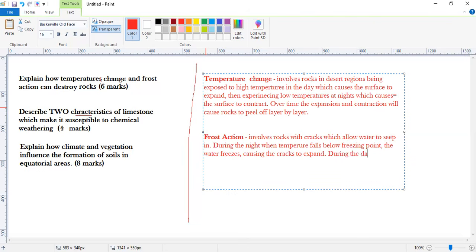During the day, when temperature rises, the ice melts and the cracks contract. Over time, the rocks will break up. All right, as simple as that. All right, now